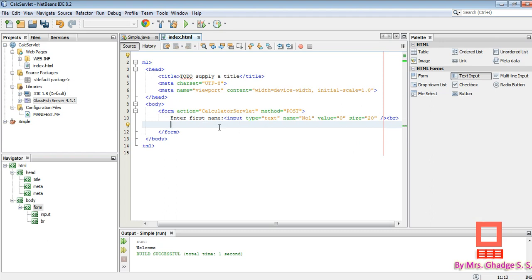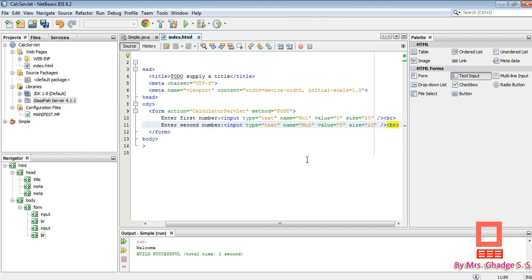Then again enter, copy this line, paste here, and instead of first, put here second. Okay, it's not name, it's number. Enter first number, enter second number. Okay, so here the name property we have to change to be no2. Okay, and then take button,